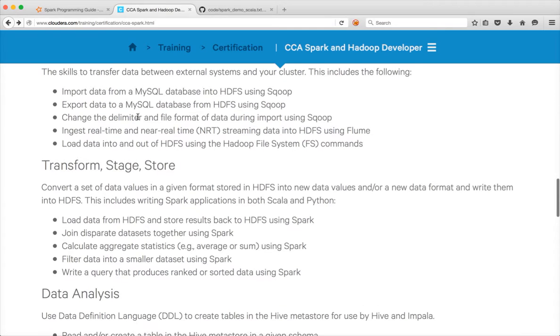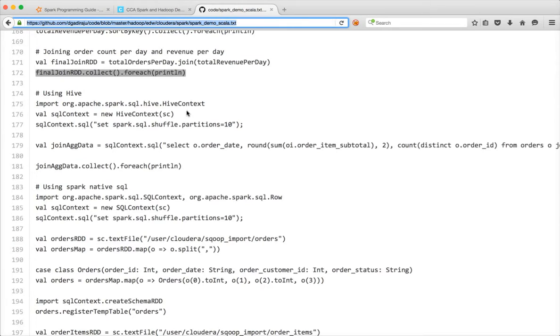At this time we are talking about joining disparate datasets together using Spark as part of CCA Spark and Hadoop developer using Scala as programming language. We have already seen how we can use the complete Scala syntax to join the datasets, but at times it can sound complicated because